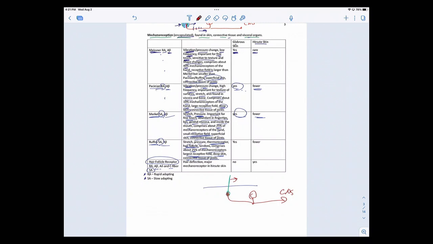So now if I have any type of deflection, it's going to light that off, and I'm going to have action potentials here. So again, you've got multiple types of fibers that can be associated with hair follicles: your A betas, A deltas, and your C fibers. Remember, C fibers are the slowest of all. So they're very sensitive to hair deflection, and of course you don't have these in glabrous skin because there's no hair, but you have many of these in hirsute or hairy skin itself. And these are going to be the main mechanoreceptors that you're going to find in hirsute skin.